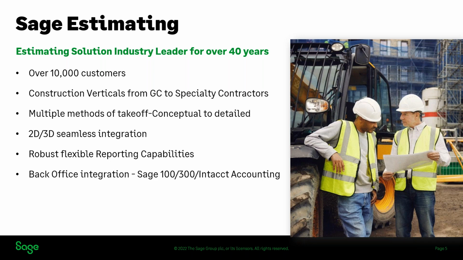Now, what's interesting about it is when you look at Sage 100 and Sage 300, we have the job costing functionality within there, and it moves into the job cost capability, creating that budget. Within the Intact world, it's a little bit different. We have that flow into the Intact product as an estimate. And if you're doing versioning, we have the capability to promote as many of those estimates into